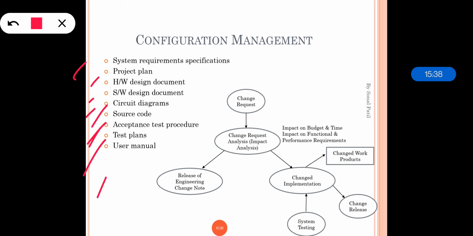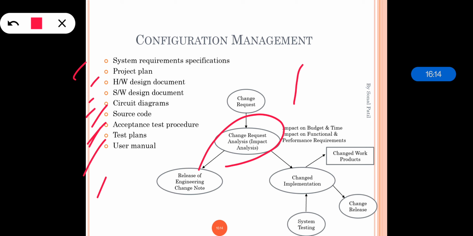Now whenever we are starting with the system requirement, a specification document will be prepared. Now suppose any change is there, we cannot directly make the changes. If any change is requested, first an analysis is done of what the impact of this particular change can be on our budget, time, and functionalities. Then it is reviewed by the manager and the team. Then if it is needed, the proposed change request has to be sent to the project manager in the specific format.